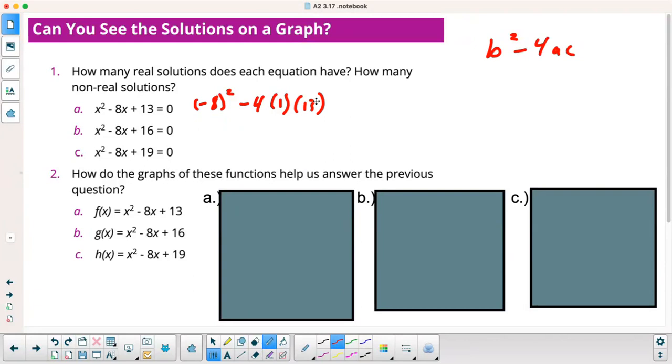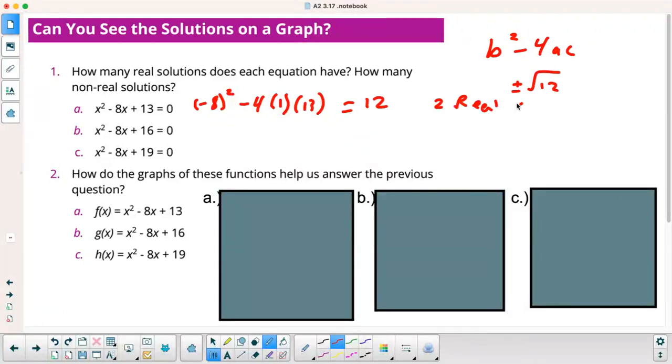So it's going to be 64 minus 4 times 1 times 13. So I get 12. So what that means is with your formula, it's going to be plus or minus square root of 12. So that's a real number. So this is going to be 2